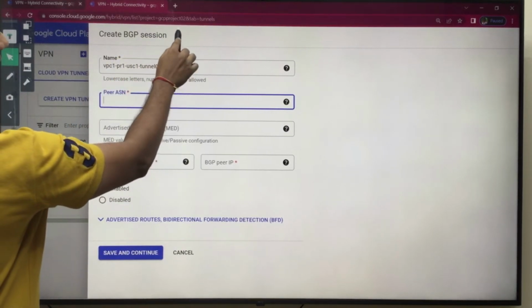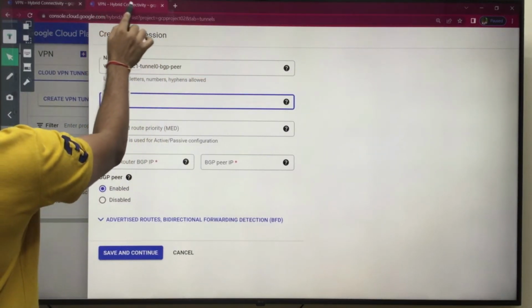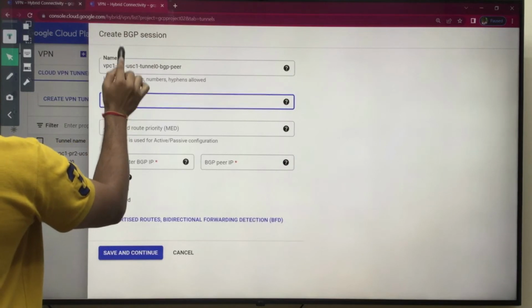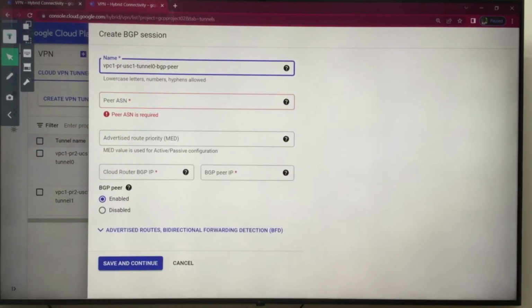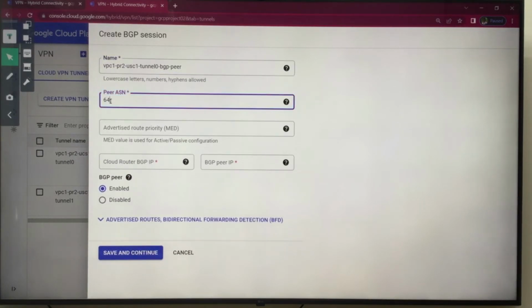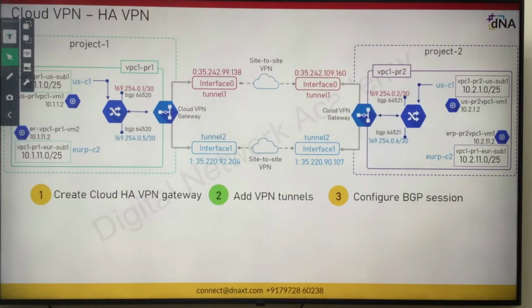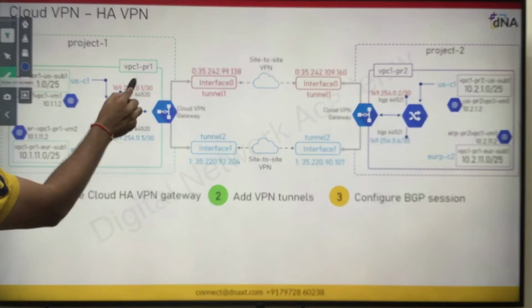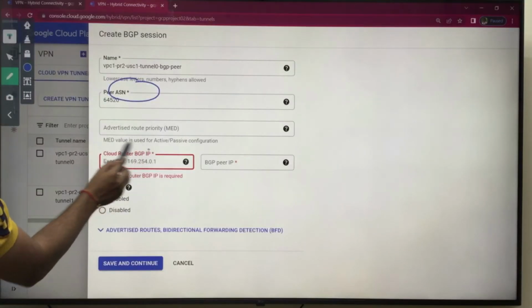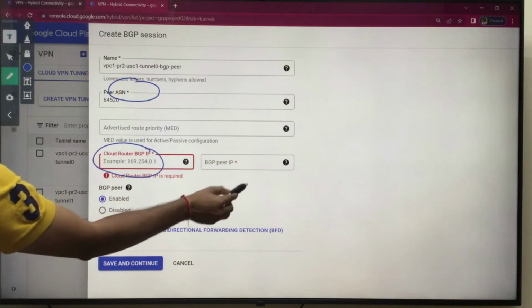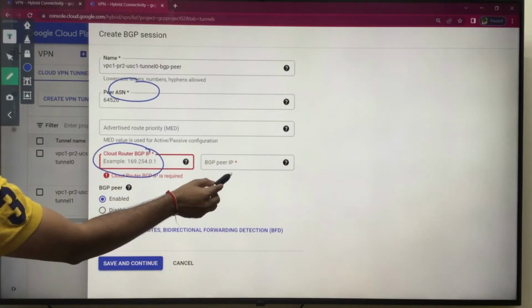See, this is my mistake, guys. You are in project 2, so make sure you modify the name to project 2. Peer AS 64520, right? And cloud router BGP IP, here you have to define this IP address, 169.254.0.1. Where? Over here. And BGP peer address you have to define.